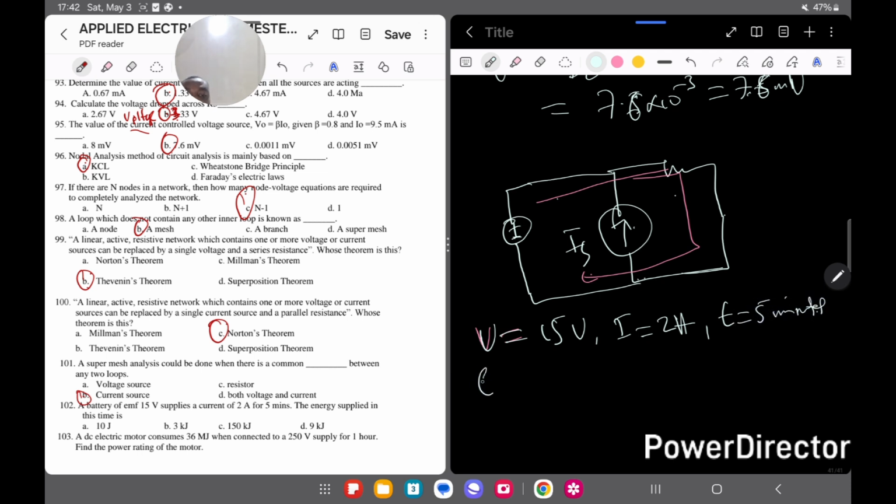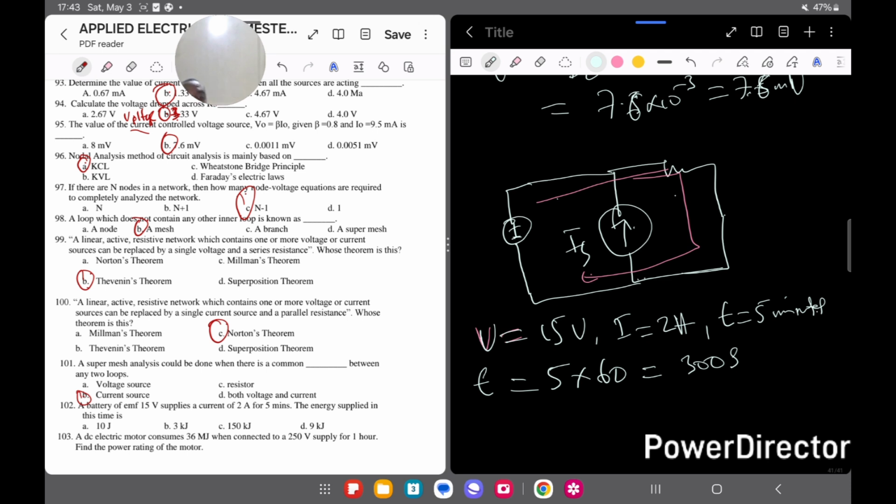So 5 minutes here, you change that to seconds. So that will be what? 5 times what? 60, right? That will give us 300 seconds. So that is the question. We are asked to find